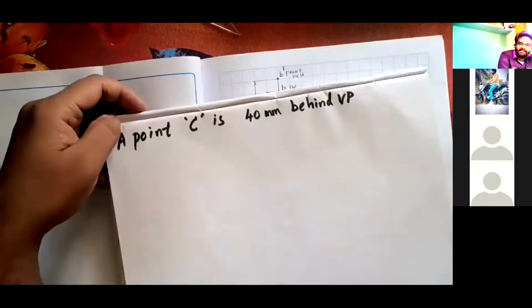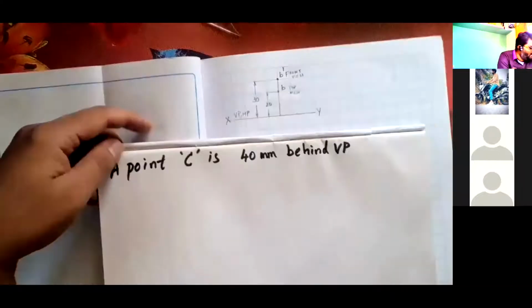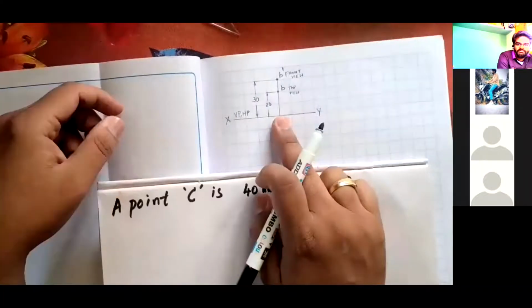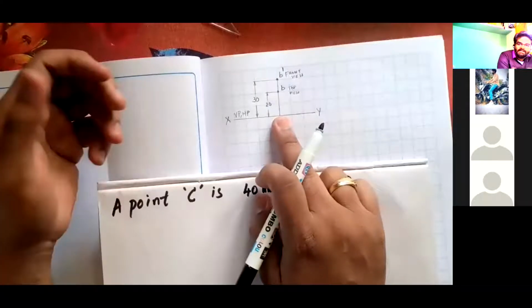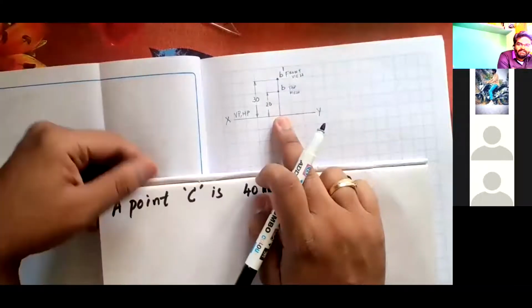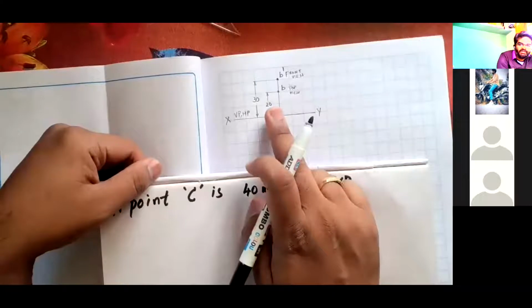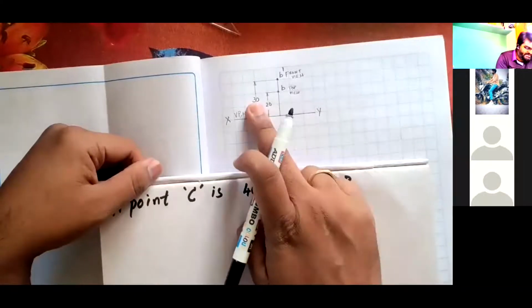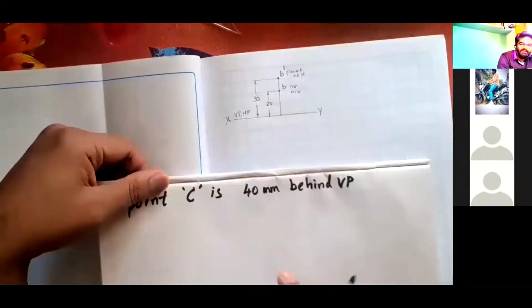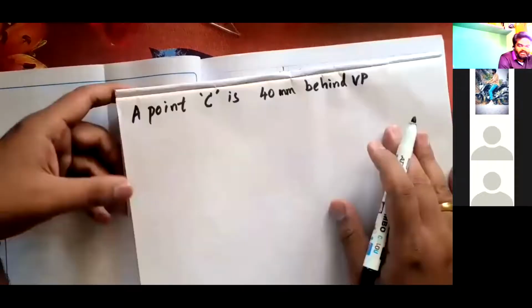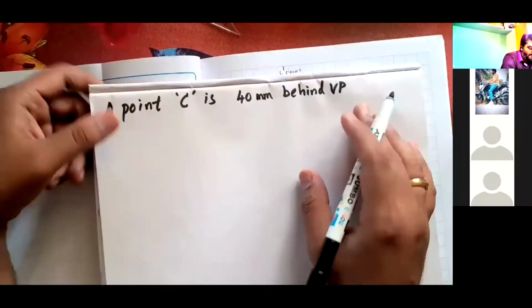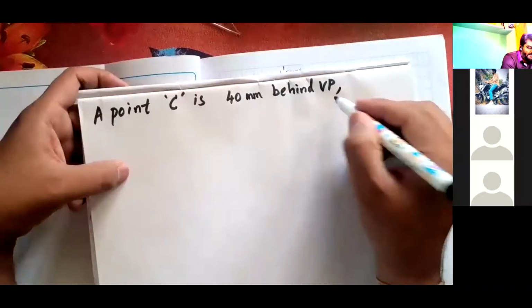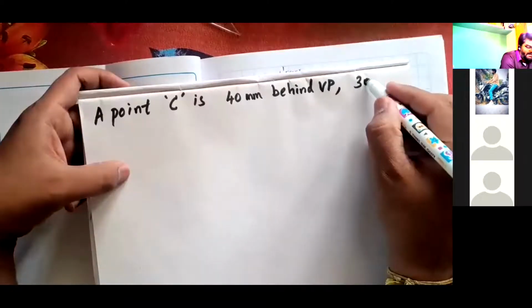Constructed answer, either it can be in sketchbook like this or an unruled copy, but you need to use scale and pencil. And this type of dimensioning, first 20 and then 30, is called as incremental type of dimensioning. You need to maintain the same fashion. Next, third problem. The point C is 40 mm behind VP and 30 mm. Can anybody